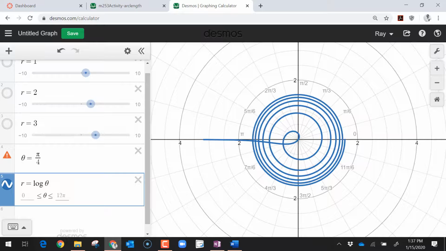Wait, what's log of 0? Negative infinity, right? So speaking of negative numbers, if you have negative numbers in here, let's say this is 0, a negative number would be coming, this is positive r, and so your negative r would be going this way. So as you go around